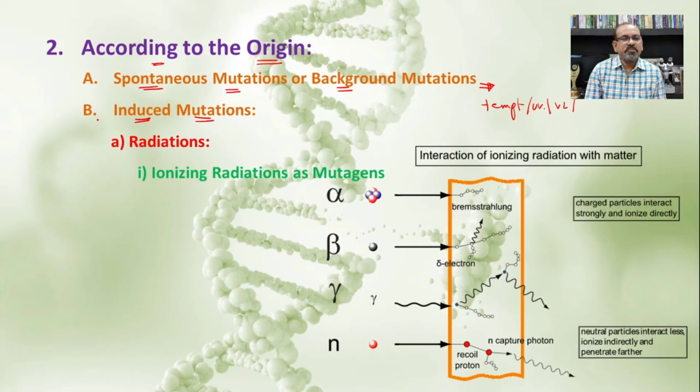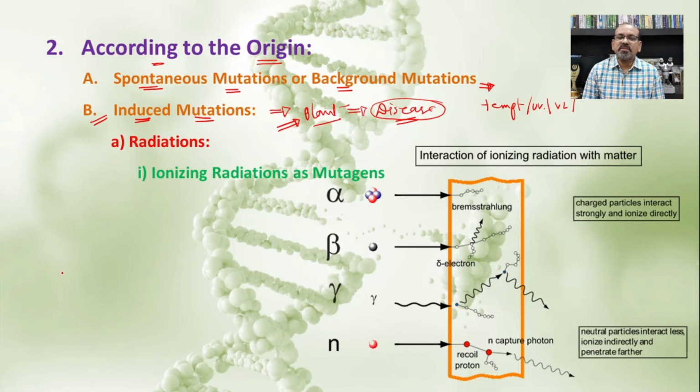But the second type of mutation, the induced mutations, are introduced with respect to a particular function of the organism. For example, if we want to produce a variety of a particular plant that is disease resistant, in such a situation there is a need to alter or change certain genes of that organism so that it can attain that disease resistant ability.